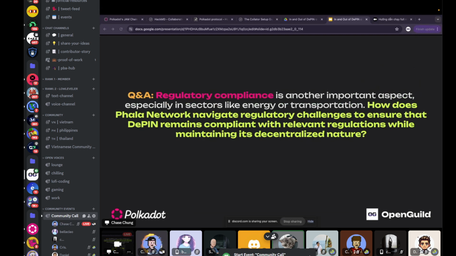I think on our side we don't have regulation problems, because TEE hardware can be just like a PC or server with Intel CPUs, so they are quite normal. And for our side, I think the major concern would be, for example, if you are running some privacy coin. That would have regulatory problems. And actually we don't do that.